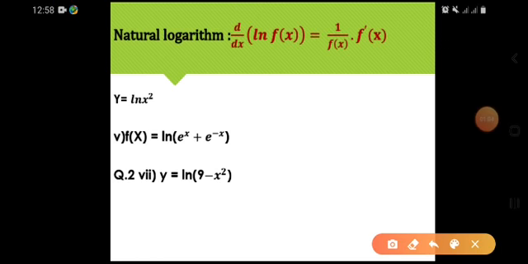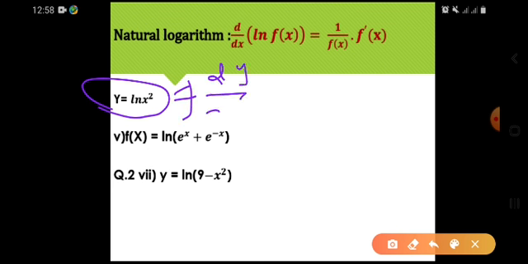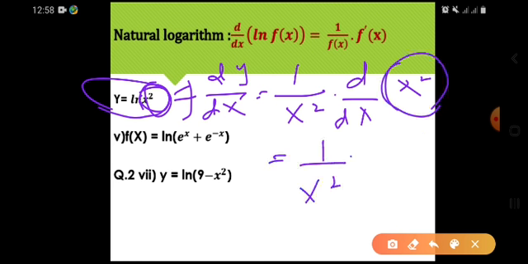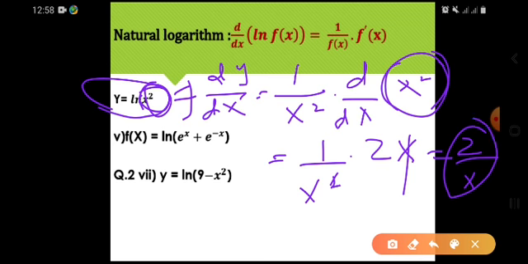Okay, so now look at this. I have a function, natural log of x square, over here. I have to find the derivative. So that would be dy by dx equals to what? 1 divided by this function, which is x square, into further derivative of the function. So now what is the answer? 1 divided by x square as it is. What is the derivative of this? 2x, right? Okay, simplify it. So it would be 2 divided by x. This is your answer. Simple.